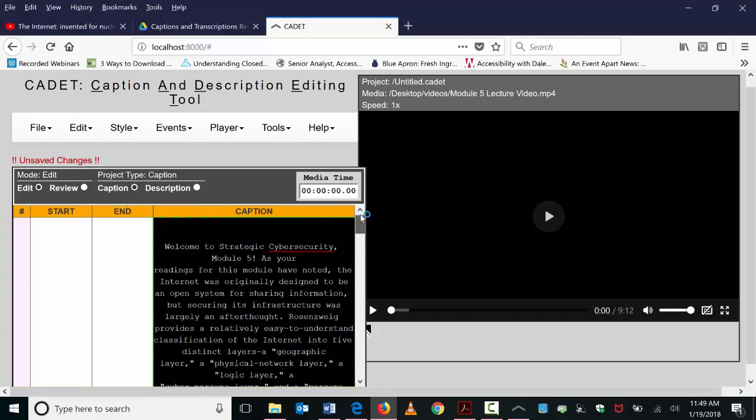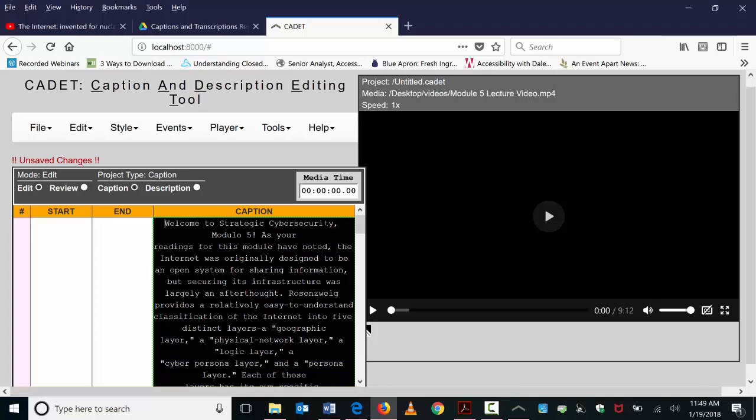Anything blank that is not necessary, get rid of, even blank spaces before and after words. So these at the top I'm getting rid of. And what I would recommend doing, what I've been doing, it might take a little extra time, but I think it's worth it, is I go ahead and I get my caption segments, or blocks, I guess you could call them, my caption blocks figured out. Then I go back and time everything. So here I want this to be Welcome to Strategic Cybersecurity, first line. Get rid of that blank space, hit enter,